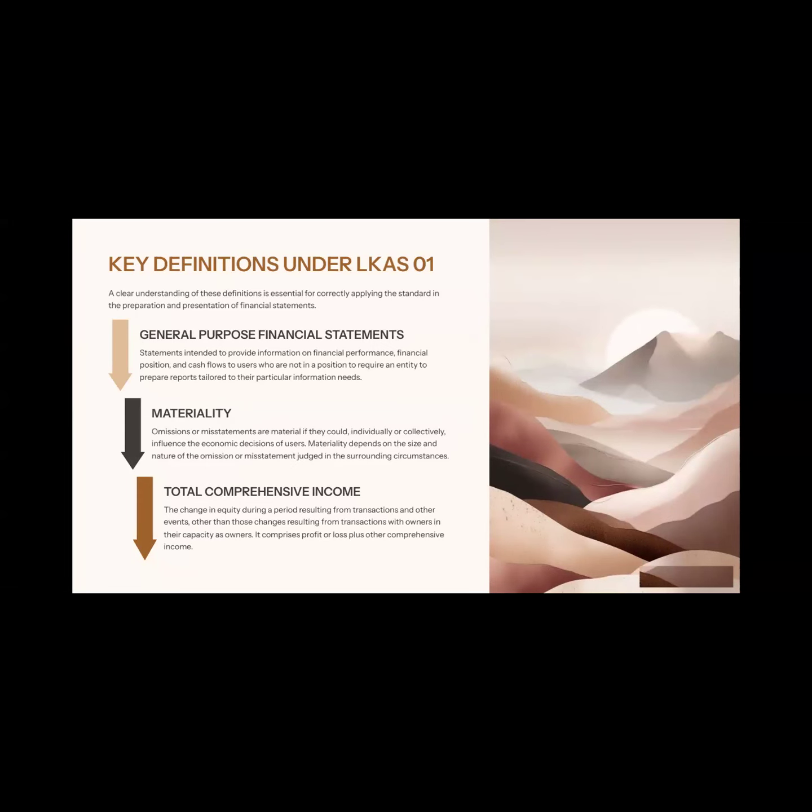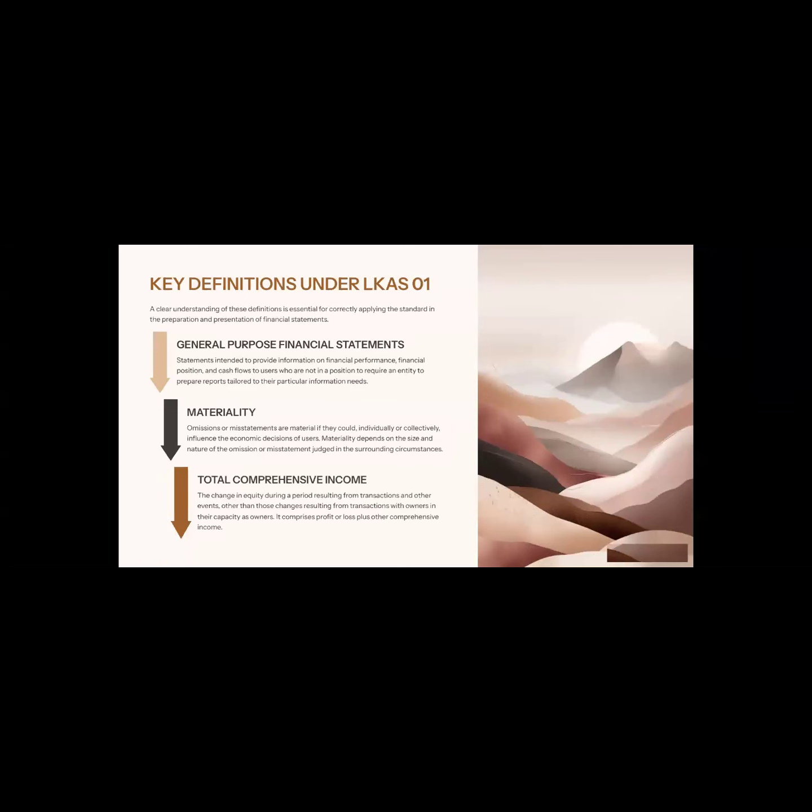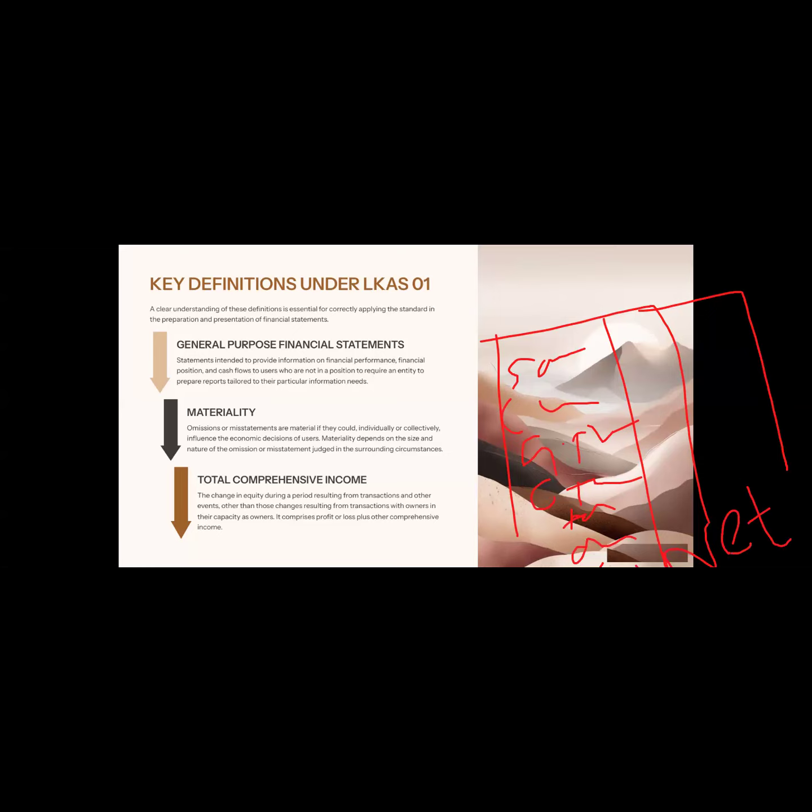Okay. Total comprehensive income means what? Normally, when you are going to prepare a P&L, the income statement, you put sales, then cost of sales, take the gross profit, then other income, then expenses like admin expenses, distribution expenses, finance expenses, and get the net profit. After the net profit there might be a comprehensive income.